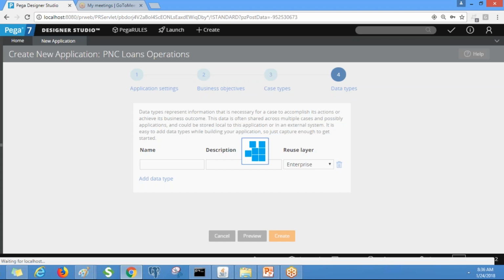It will take at least 1 minute to create all the required things for our application.